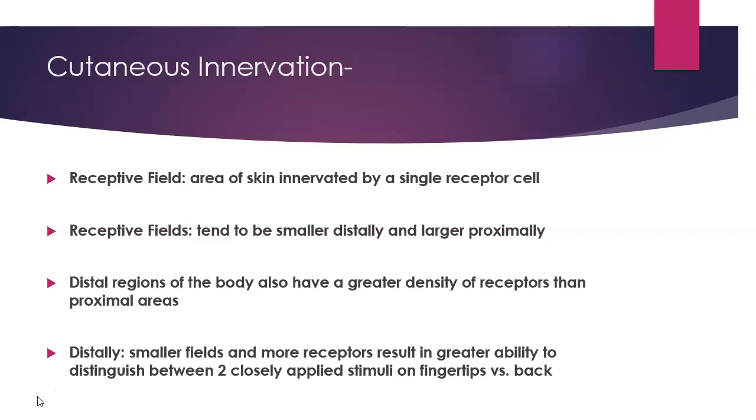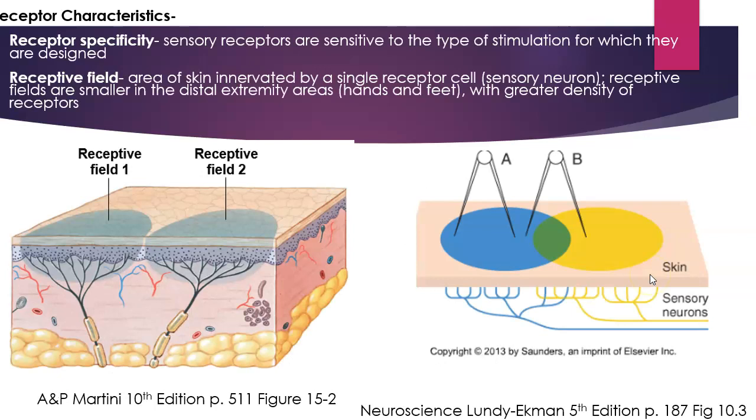So let's take a look at the next picture. Here we can see the receptive fields, right? Let's look at receptive field number 1. That's the area of skin innervated by nerve number 1, right next to receptive field number 2. Let's say that's the fingertip. On the back, receptive field number 1 would be the whole space, a much bigger space. So why? Again, this comes back to